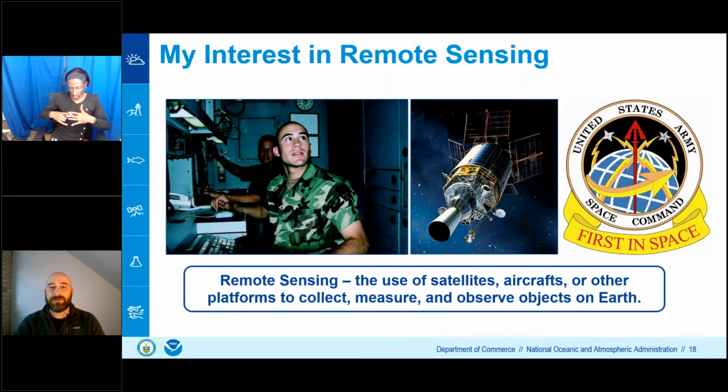I grew up on a small family farm in north central Iowa, and I did not want to be a farmer. So I joined the military, enlisted with the Army, and was selected to work at Army Space Command. That is how I got my first foot in the door with working with remote sensing data. That was 20 years ago. If we move to the next slide,